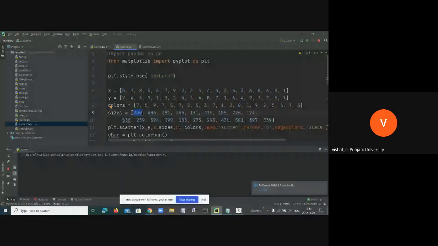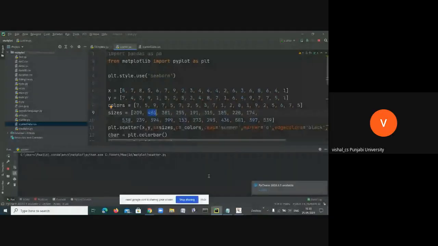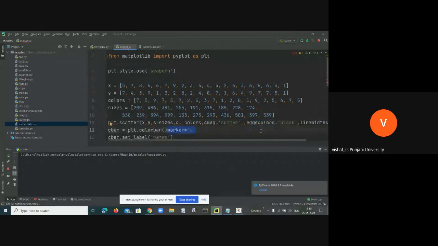What error are you getting, Prem? Sir, unrecognized marker style. Okay, you check the argument marker and see what you have assigned to the marker. You see here in this line. You should assign a valid marker value. Okay, sir. You check here, and this, Himani, yes, sir, you are getting.